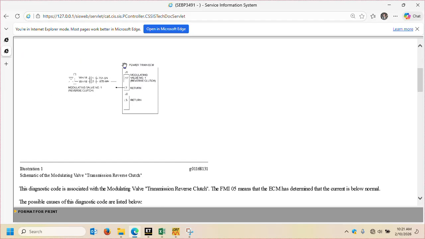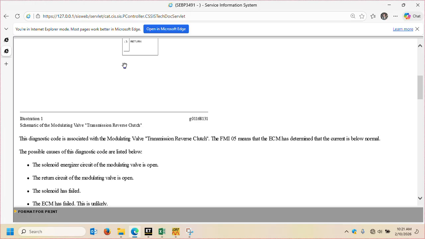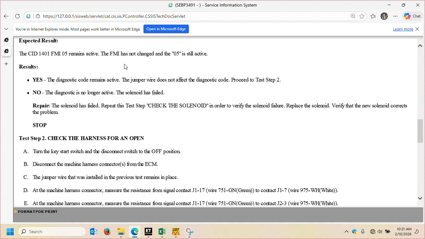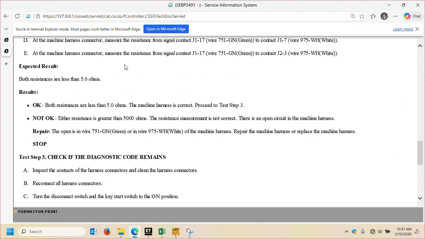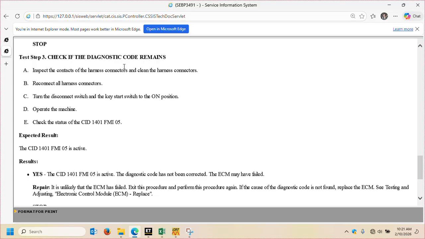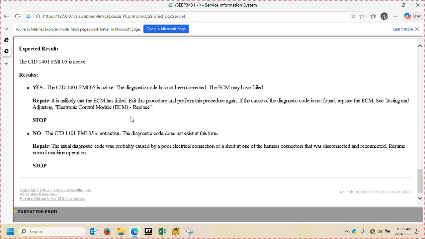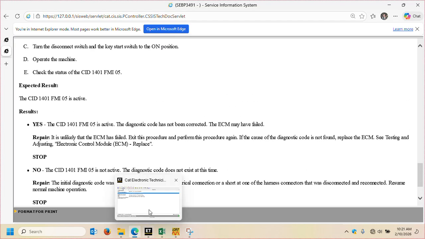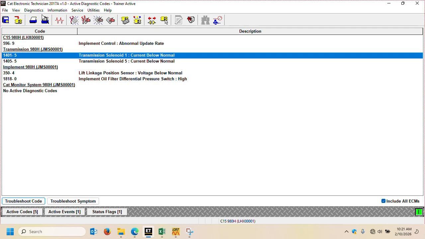Here it's telling you the possible causes of this code and the procedures to carry out to resolve the problem. I'm not going to talk much about these procedures because I don't want this video to be too long. So I'm just going to open back my ET and explain the next on my diagnostics drop down menu,